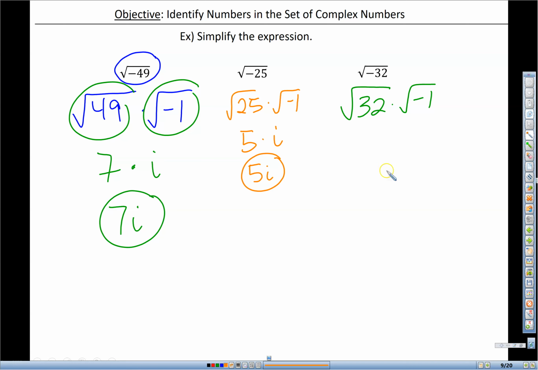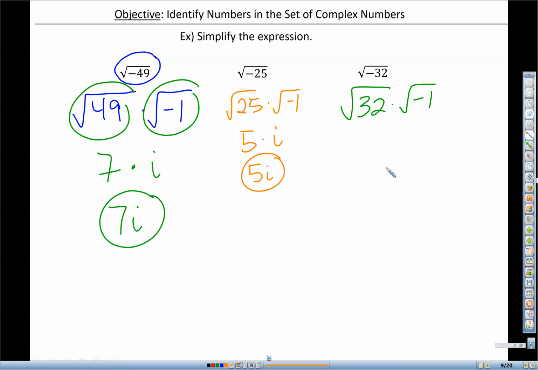You might have said 4, which is a perfect square factor of 32. It's 4 times 8, but it's not the largest perfect square factor. The largest is 16, because if you look at 4 times 8, well, 8 is 4 times 4. So you really have a 4 times 4, which is 16, and that's the largest perfect square